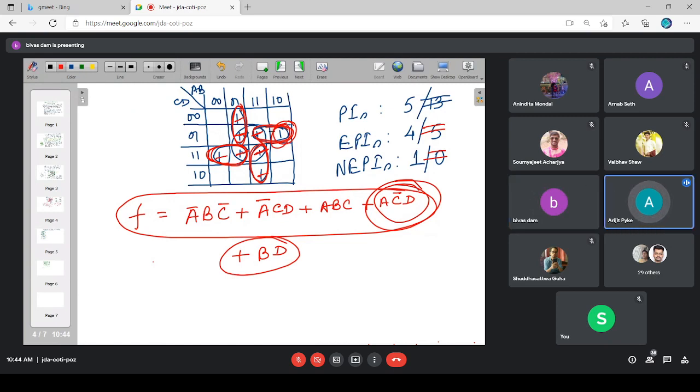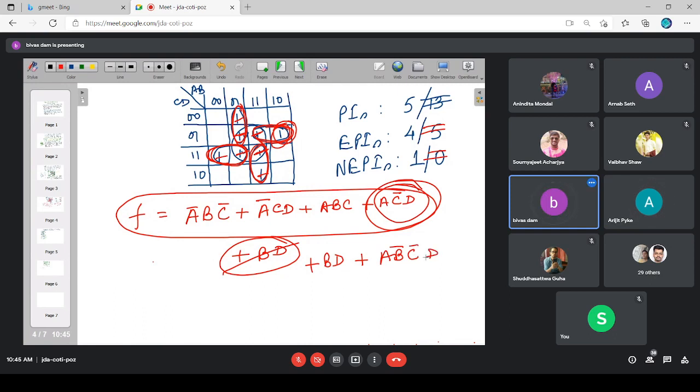Sir, in that case, I will let it stay as one singlet. Fine. If you let it stay as singlet, what will happen? That means, are you including BD or not? Yes, sir. I am including BD and letting that one as singlet. Then I will not be able to eliminate any variable from that. Plus, then what will be the other thing? Then that will be B complement C complement D.